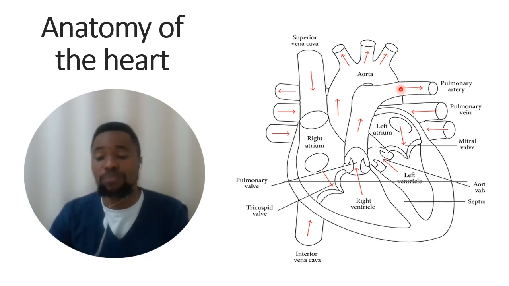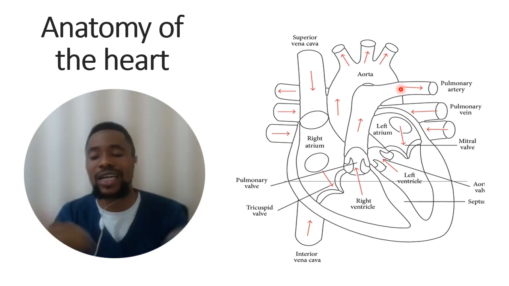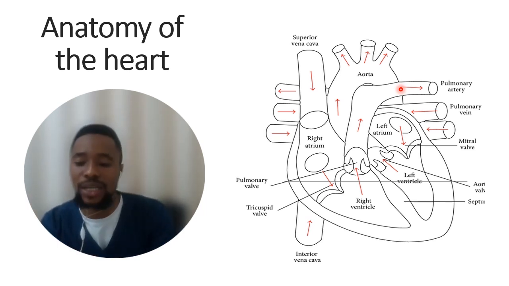Some mechanical ventilators can do negative pressure, but they don't really use that presently. The ones you have in most hospitals are positive pressure. Now, all these things are explanation of the respiratory activities that can make oxygen available